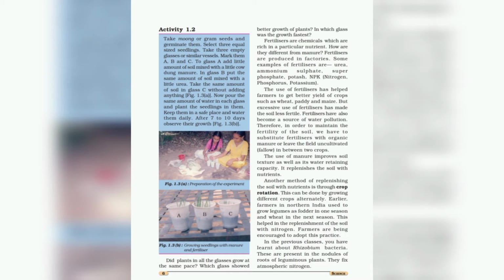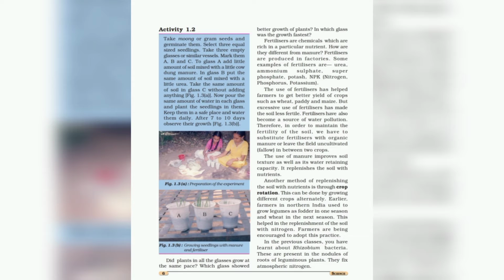Fertilizers are chemicals which are rich in particular nutrients. How are they different from manure? Fertilizers are produced in factories, and some examples of fertilizers are urea, ammonium sulfate, superphosphate, potash, and NPK: nitrogen, phosphorus, potassium. So we can say that fertilizers are human-made chemical substances which are rich in one or more nutrients